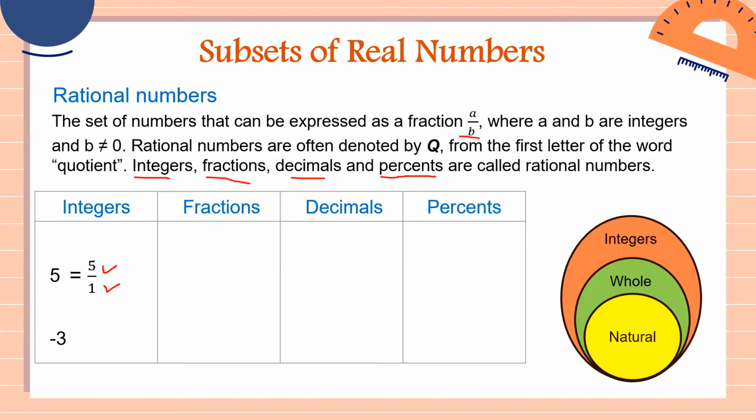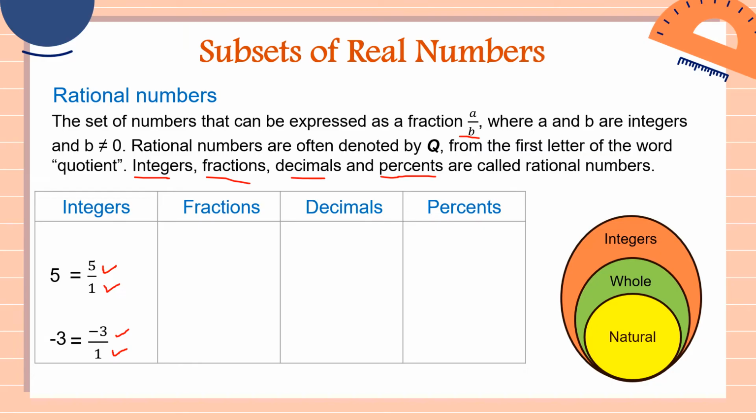Another example, if I say negative 3, is negative 3 an integer? Yup, negative 3 is an integer. Now next question, is negative 3 a rational number? Yup, negative 3 is a rational number because we can express this one as negative 3 over 1. Understood that any number has a denominator of 1. So you have your numerator, which is negative 3, and then you have your denominator, which is 1. So therefore, negative 3 is also a rational number because we can express this one as a fraction, -3/1.